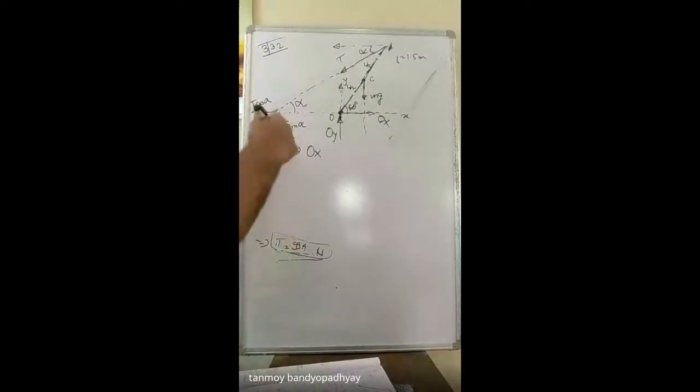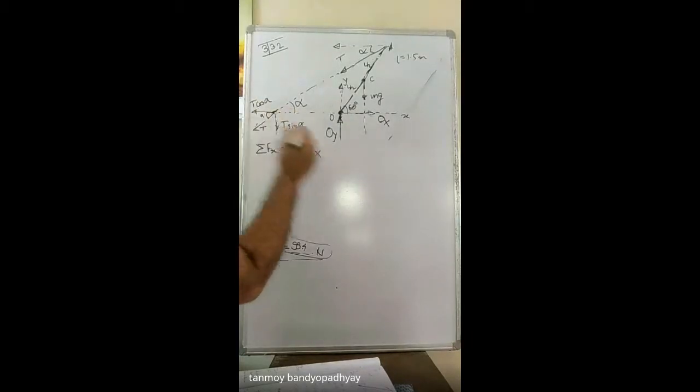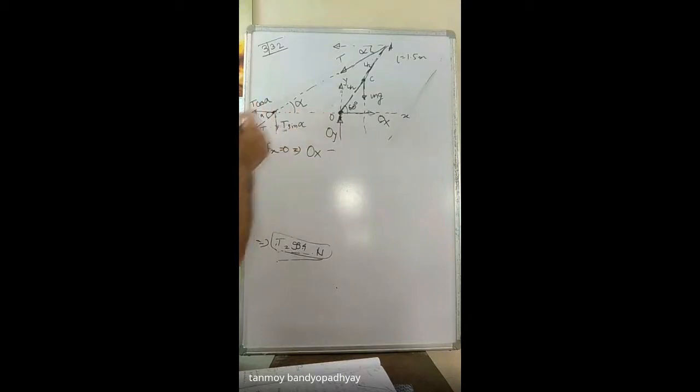For this sort of configuration, it's difficult for us to determine the directions of OX and OY. So generally along the positive x and y directions we take it as positive, and if the value comes out negative, you just state that it's in the negative y direction or negative x direction. So OX plus what are the x directional forces? I think in the x direction I only have T cos alpha. So it's in the negative x direction, so OX minus T cos alpha, where this is alpha.